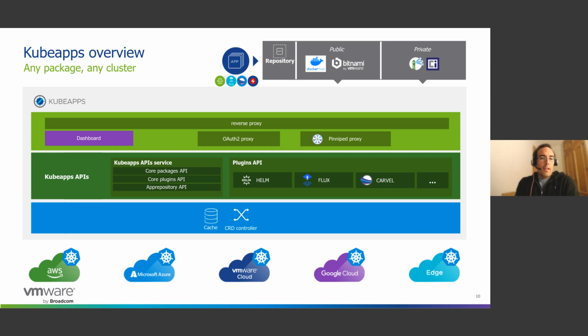If we move forward and share a little from the technical point of view, I want to share from top to bottom the different layers in Kubeapps. Kubeapps uses OAuth2 proxy to implement the OIDC authentication. It is possible to configure by using Pinniped proxy. Pinniped is another open source project, so you can simplify the configuration for OIDC